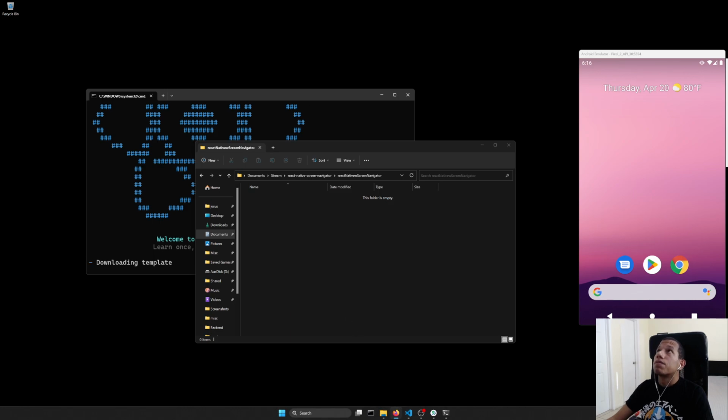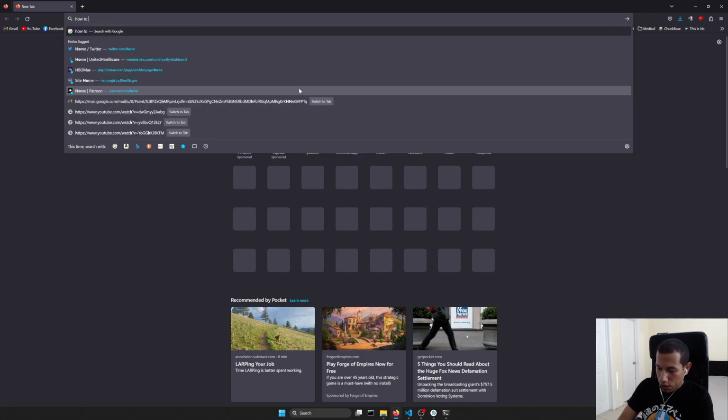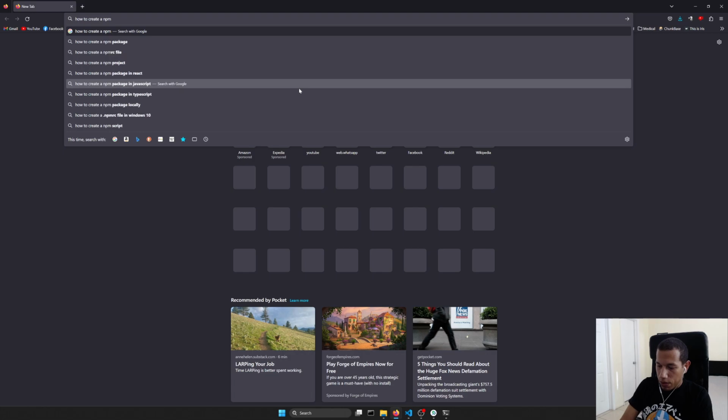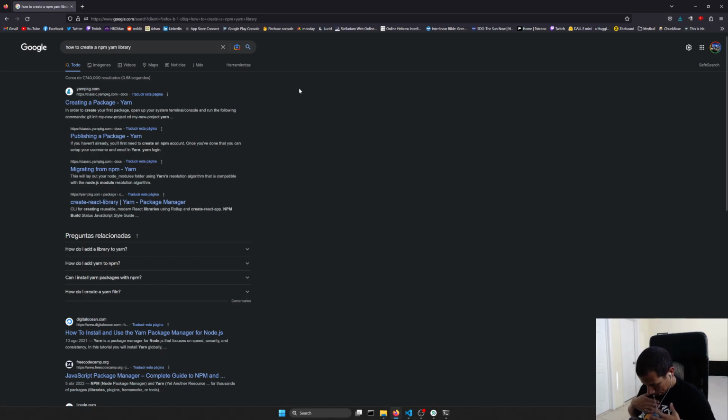And in the meantime, I'd like to see how to create a library from scratch. I've never done that, so join me in this journey. So how to create an npm or yarn package. So we're going to create a simple project to test everything, and after that we will publish a library so people can download it and use it